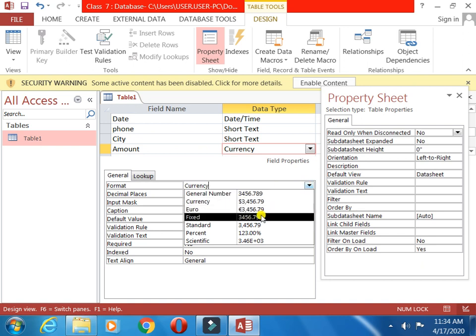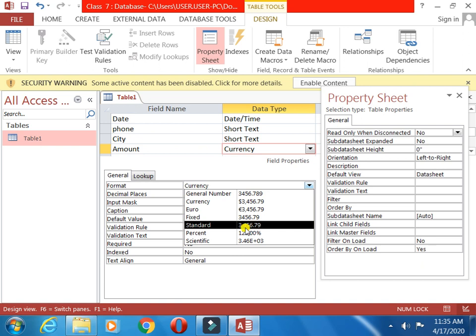So basically we use the decimal. You can see the first one, general number, has 3 digits after the decimal, like 3456.789. We will not take that 789. So which one will we take? Like this, 3456.79. But you can see here, after the thousand place we give one comma.